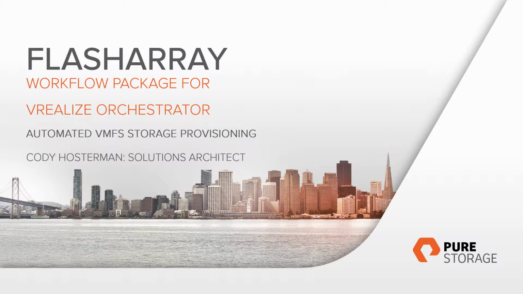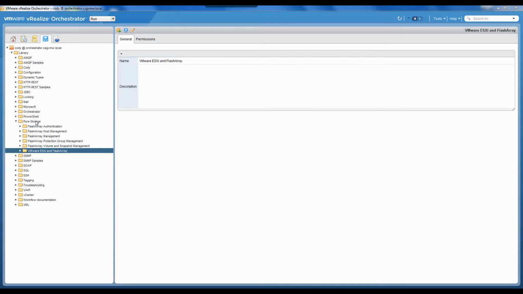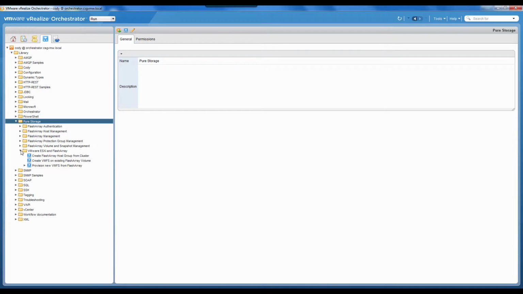My name is Cody Hosterman, and I'll be presenting the FlashArray Workflow Package for vRealize Orchestrator and showing you how to automate the provisioning of new VMFS storage. Inside this workflow package, we have a variety of different workflows that do simple things. Create a volume, get a volume, delete a volume, create a new host group, get all the host groups, that kind of stuff. We also have a few larger workflows that include all these workflows together to create a large